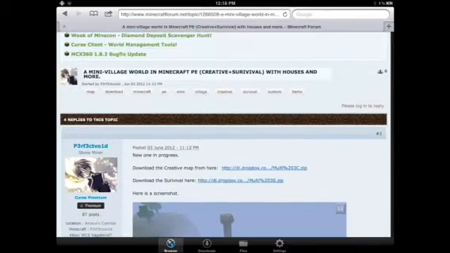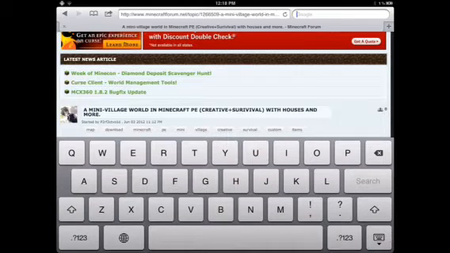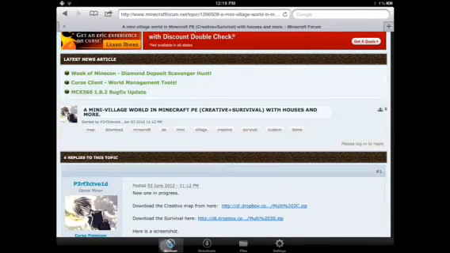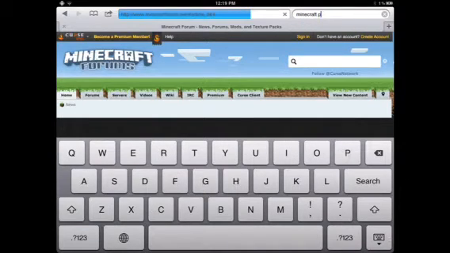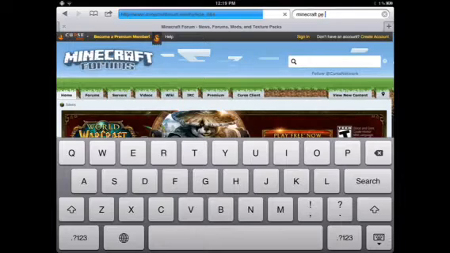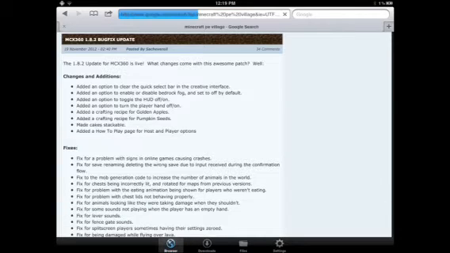I prefer Downloads HD. Okay, so what you're going to do, as you can see right here, is you tap at the Google. It won't work on regular Safari. You have to have Downloads. So pretty much, you go on Google, first you click browser, go on Google, and then you type in Minecraft PE, and do whatever maps that you would like. So I'll put Village, so Minecraft Pocket Edition Village.